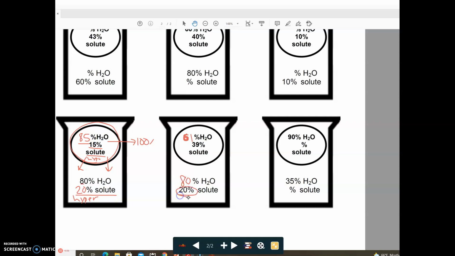So we look at our solutes. Our outside has less solute, so it's hypotonic, and that means water should go towards the other side, right? Because it's going to go away from hypo and towards hyper. But we can also look at our water. 80 is higher than 61, so water should go into this cell. All right? So that's how you solve these. For the tonicity, you're going to look at the solute,